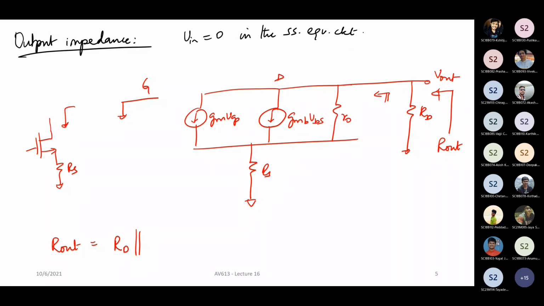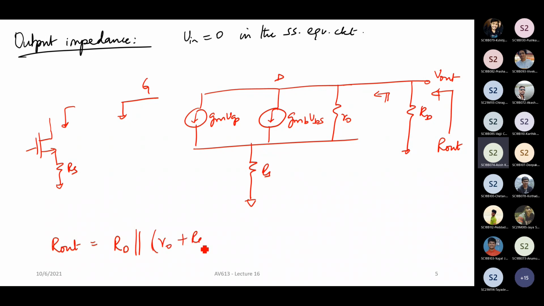First time we saw it in the cascode current mirror, where instead of RS, we had R01, the transistor at the bottom, and you have the transistor at the top. So we had a cascode current mirror. We looked at the output impedance. Secondly, we also looked at it in the context of common source with source degeneration, where you have something like this. Now, do you remember what is the expression for this output impedance? R naught plus RS plus GM R naught RS.